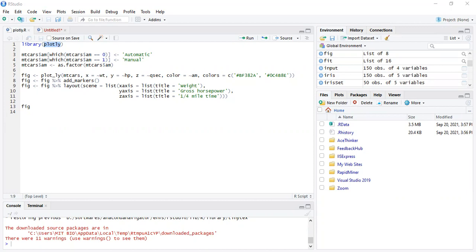Okay. So if you're interested in Python, you can switch and you will get the code with respect to the particular language you are interested in. Okay. So same thing we are going to try over here with respect to the iris dataset. So we are going to use R right now. And here it is mentioned that library Plotly we are going to use.